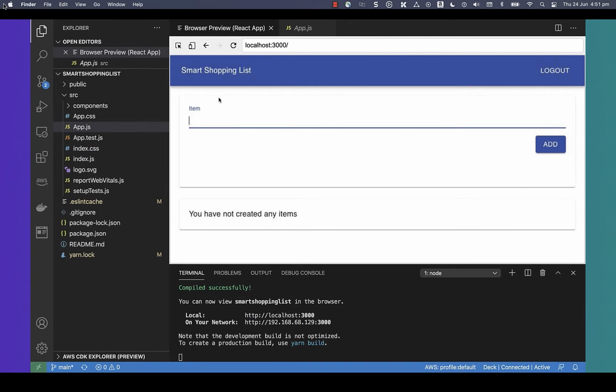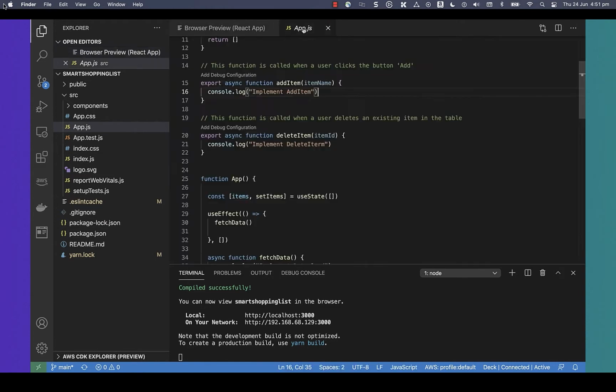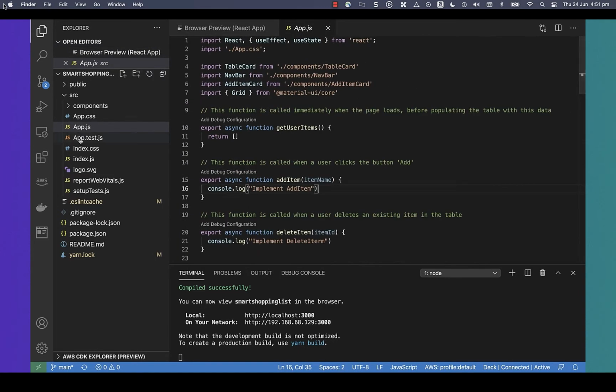I've got Visual Studio Code open, and I have a little React scaffold that I've created with Create React App. If I then go in and try to create a shopping list, I can create one here, and if I click the add button, it should appear as a list down here, but I haven't wired up any actions. It's just the UI. If you look at the code, it's a typical React app with an app.js entry point,